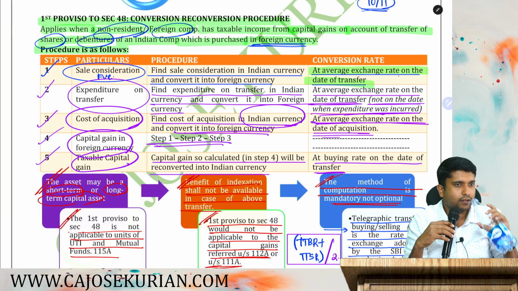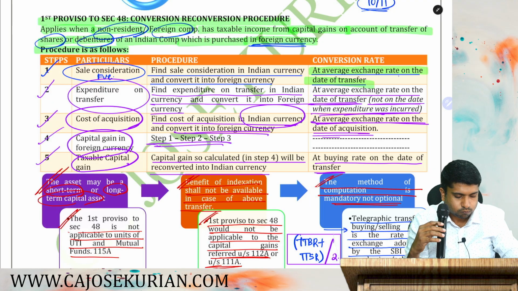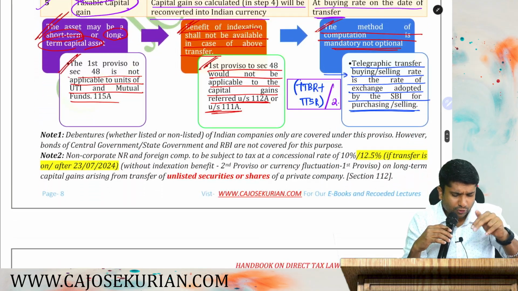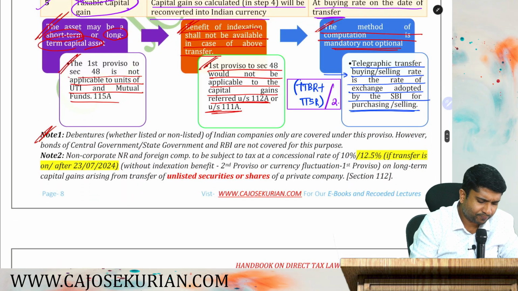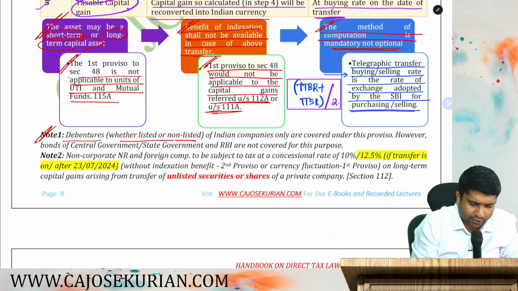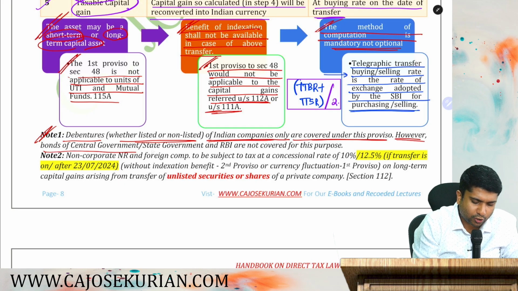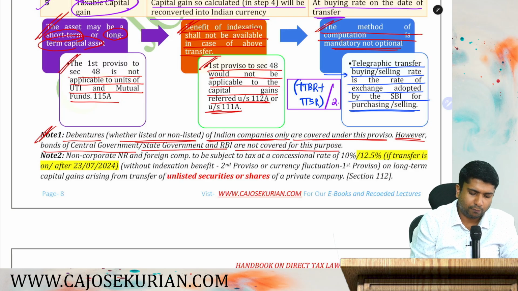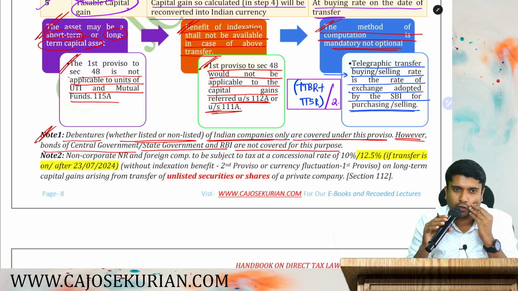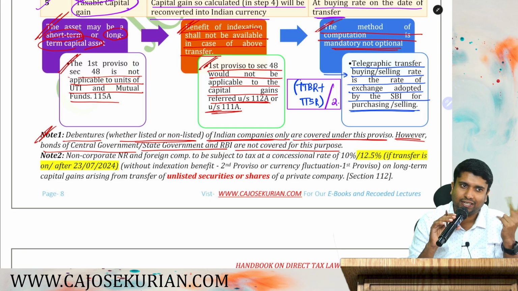Now friends, listen. There are a few notes in relation to this. Note number 1. Debentures, whether listed or not listed, of an Indian company are only covered under this proviso. However, bonds of central government, state government and RBI bonds etc. are not covered for this purpose. Debentures, whether listed or unlisted,